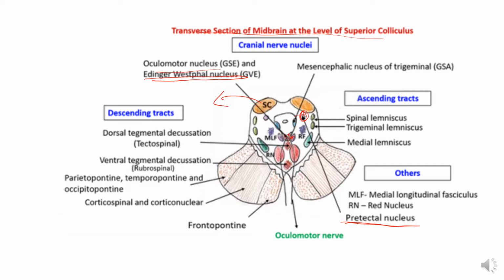The oculomotor nucleus is situated in the central gray matter close to the median plane, just posterior to the medial longitudinal fasciculus. Here, the fibers of the oculomotor nucleus pass anteriorly through the red nucleus to emerge on the medial side of the crus cerebri in the interpeduncular fossa. Here you can see the fibers emerging from the red nucleus into the interpeduncular fossa on the anterior surface of the midbrain.